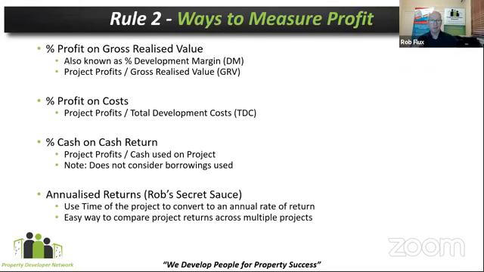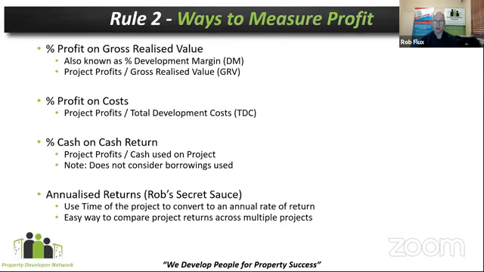And then there is my preferred way, which is my secret sauce, because every single one of these gives you a percentage on your cash, but it does not actually consider time. So time is actually a valuable commodity. And when you start to consider time, if you start to annualize the returns and understand, well, if my project took 9 months and the other project took 18 months, which one is actually giving you a better return?